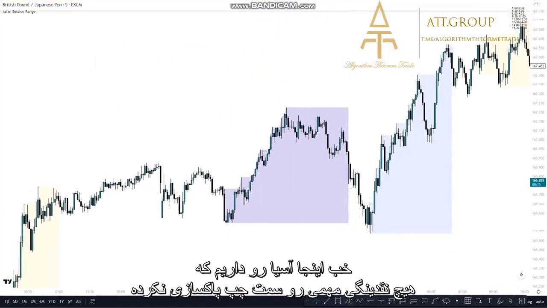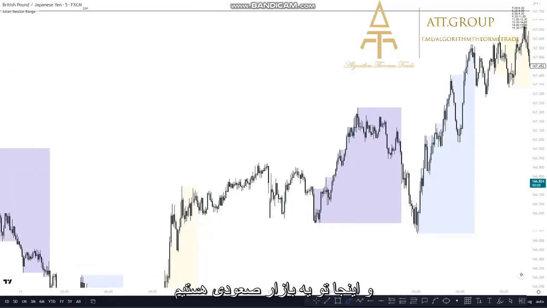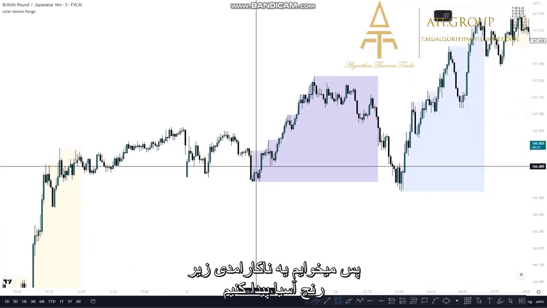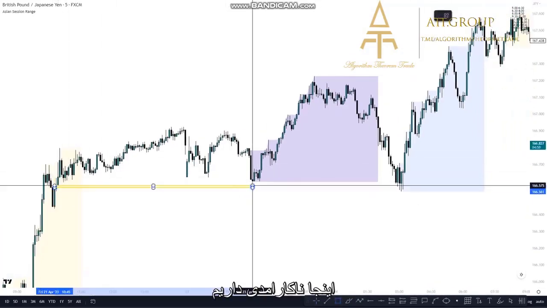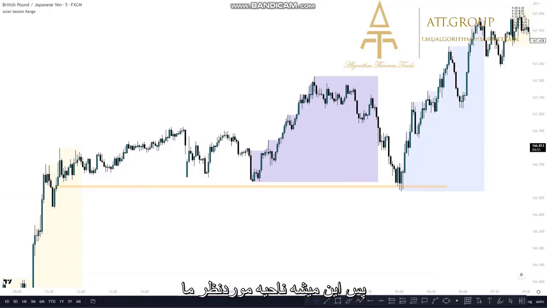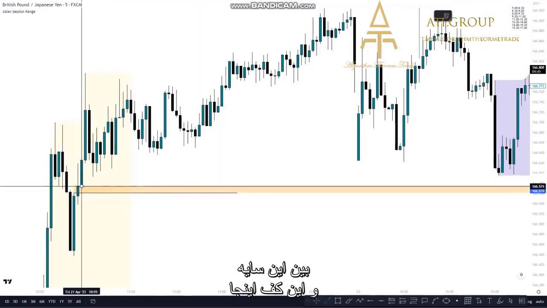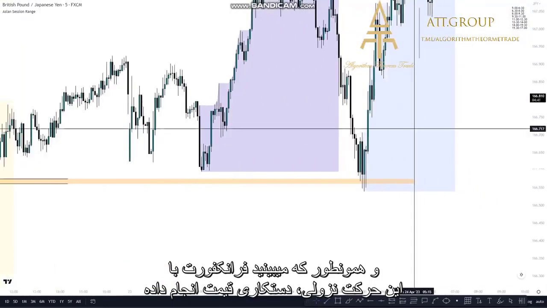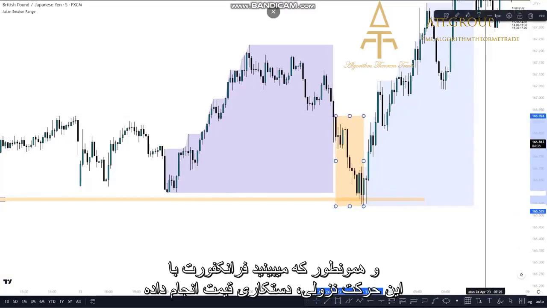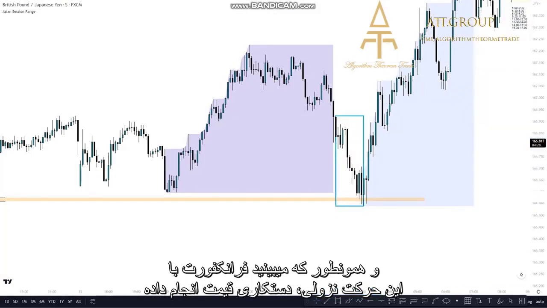Right here we got Asia building liquidity, sweeping nothing major on the left, as you can see, and we are in a bullish market in this case, so we're gonna find IPA right below the Asia range. So we got IPA right here. This would be our point of interest, between this wick and this low right here. This is our IPA, and as you can see, Frankfurt manipulated this move to the downside like this, and London